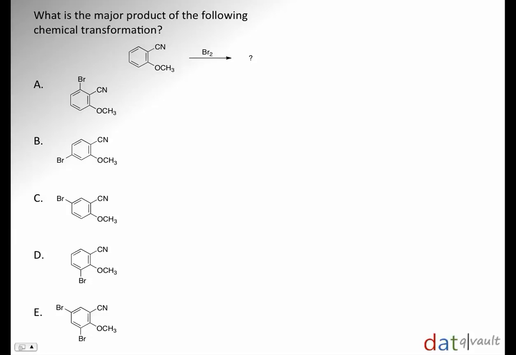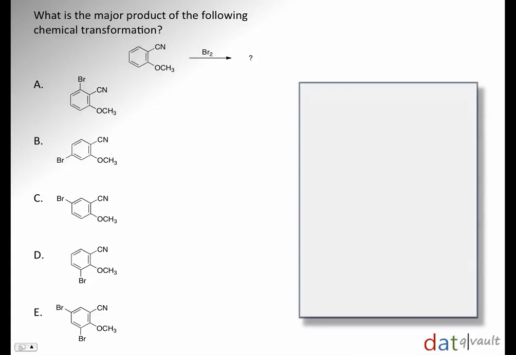Alright, so let's go over the answer to this question. If I were to tackle this question, this is how I would do it. Again, the DAT is a computerized exam, so you're not going to be able to actually draw on the test itself. So you're given kind of a whiteboard dry erase thing to work with on this exam, which is represented by this rectangular box over here. So the first thing that I would do in this question is I would actually draw out the structure so I can start making sketches